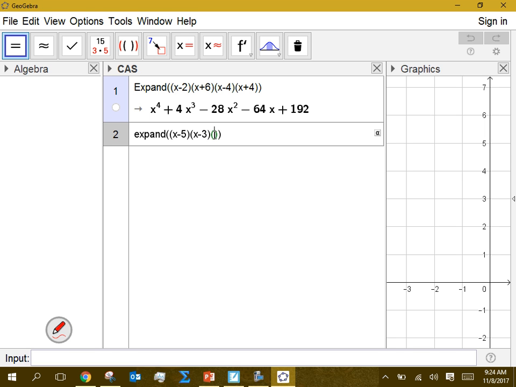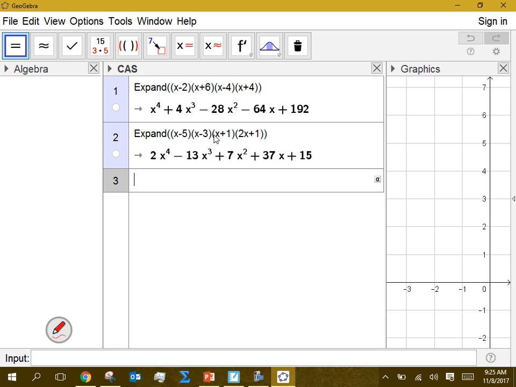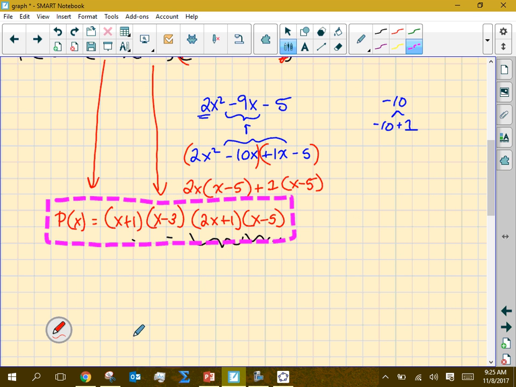Plus 3? And then x plus 1, and 2x plus 1, and I ask it to expand that, and we get back to the original polynomial that we started with, right? It might be a tool for you to check whether you're doing this stuff correctly or not. All right. The next question that I want to talk about